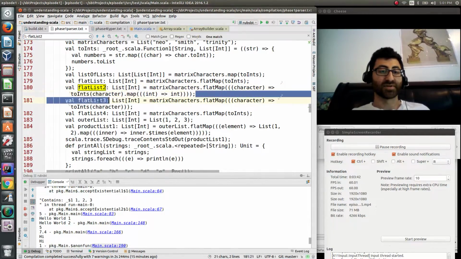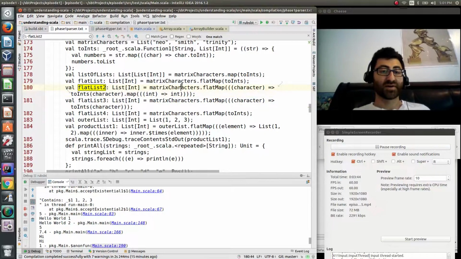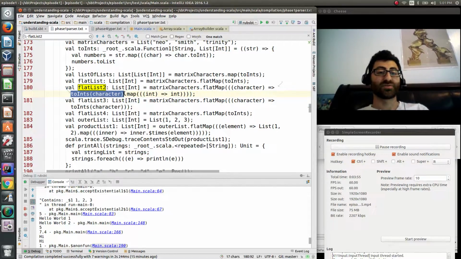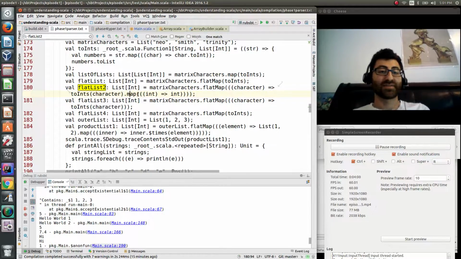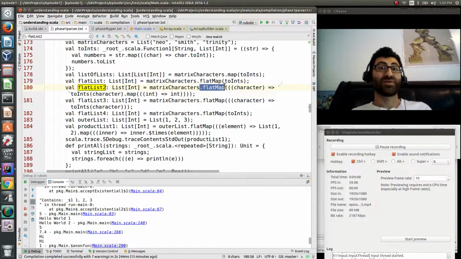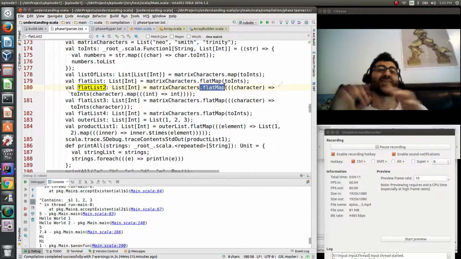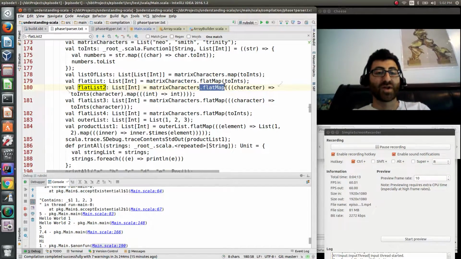Okay, so look at what happened here. Matrix characters dot flatMap, take in a character and return toInt on character, right? So we take the character, we convert that to an int, and then we map that int to itself. So by using flatMap, it allows us to sort of do nesting. I'm not going to go into super detailed functional programming stuff, but basically,